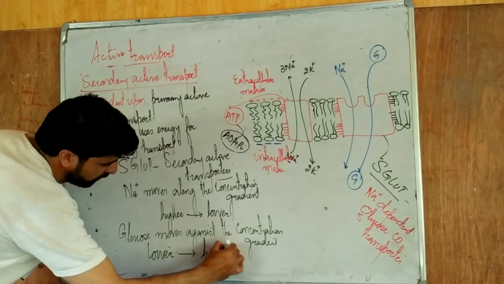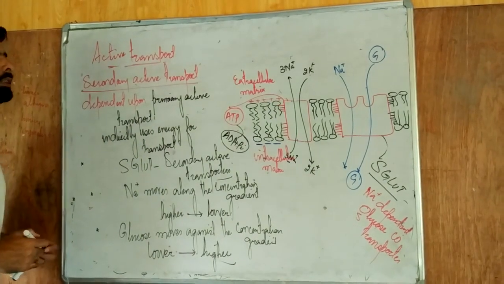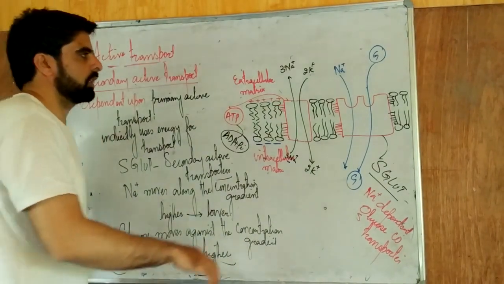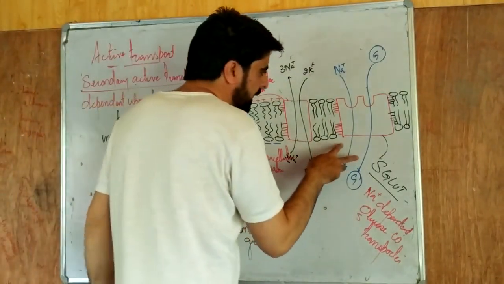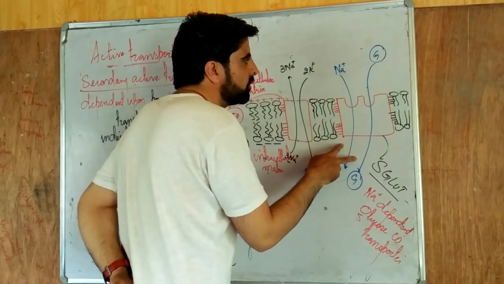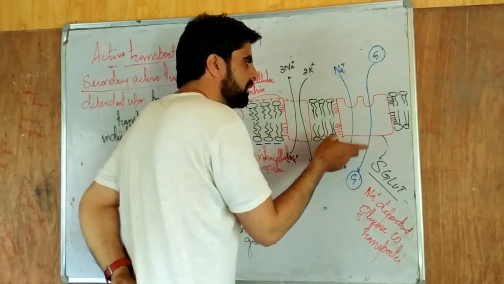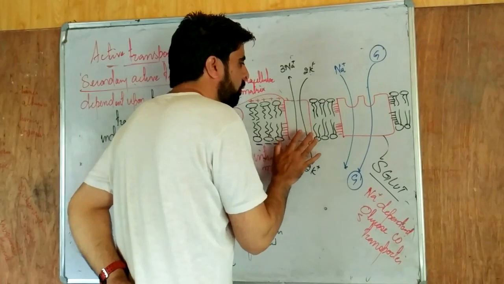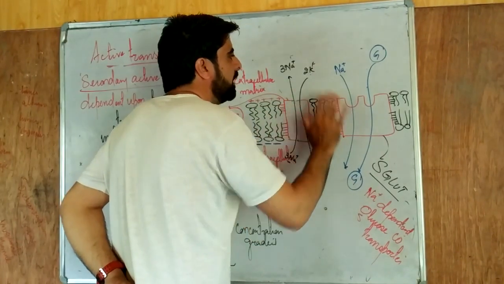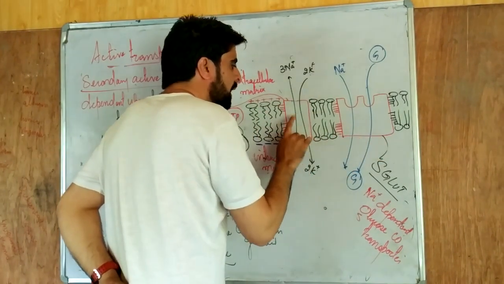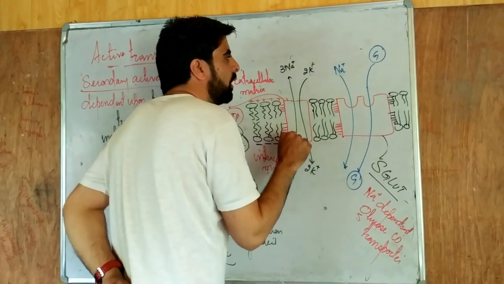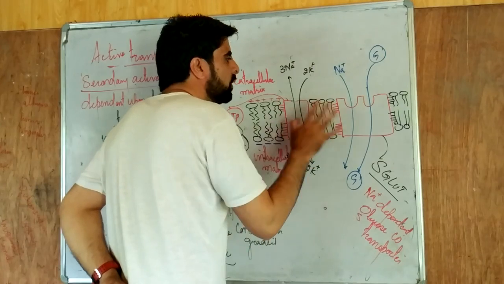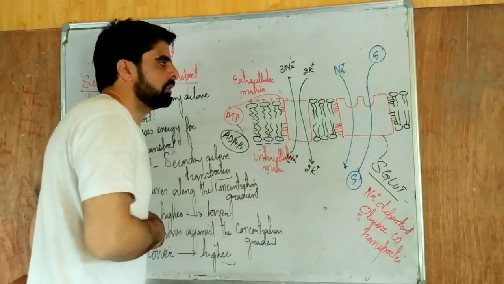Because most of the glucose is transported by facilitated diffusion and some of the glucose is transported by secondary active transport. If anybody asks you, is secondary active transport a passive transport? No, it is wrong. It's always an active transport, because when the primary active transport takes place, then the secondary takes place. That means primary is dependent on energy, secondary is dependent on primary transport. That means both of them are energy dependent transporters.